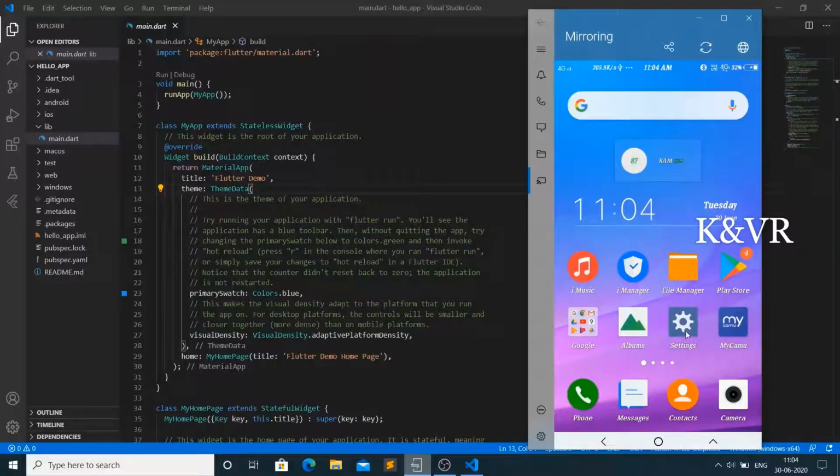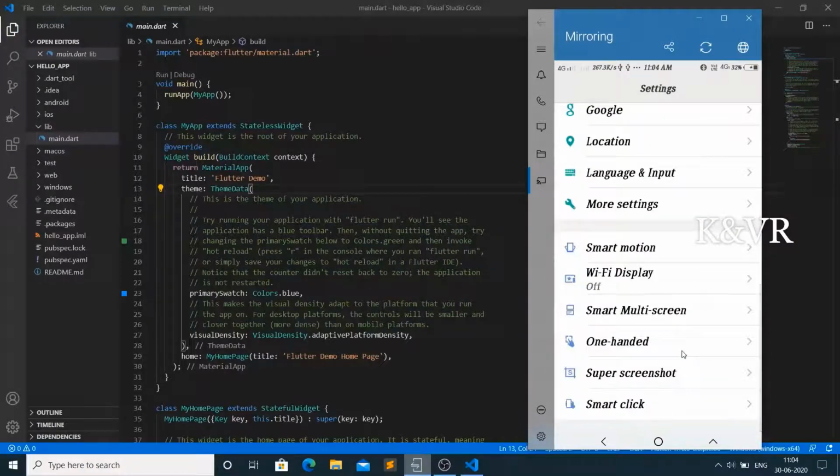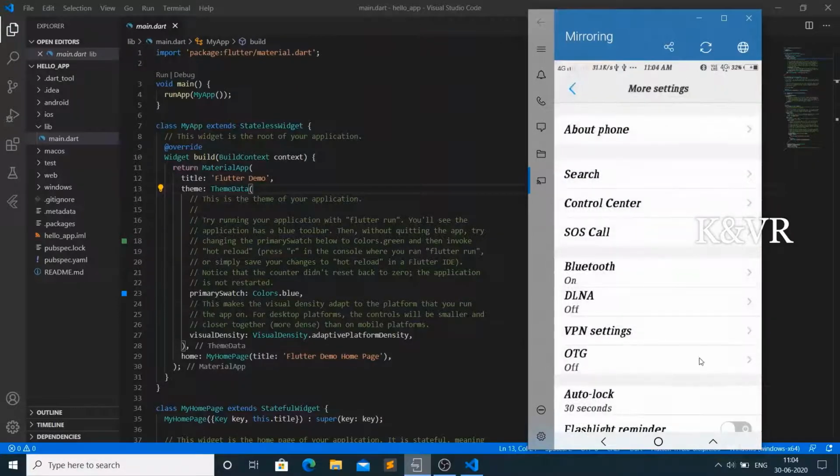Just open the settings. I am connected with USB to my mobile phone. Go to the settings, then more settings, to turn on developer options. Go to About phone.